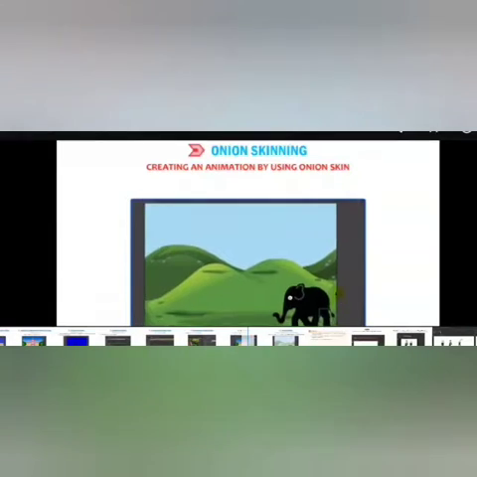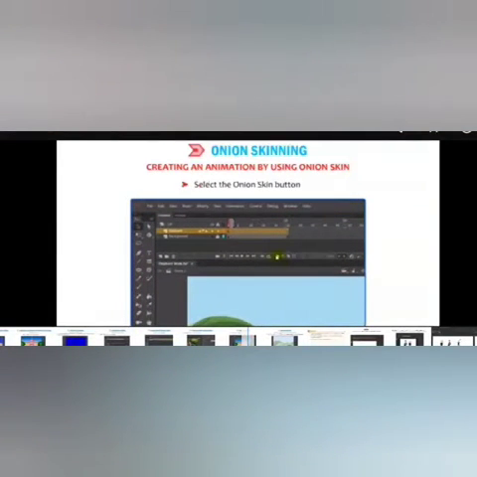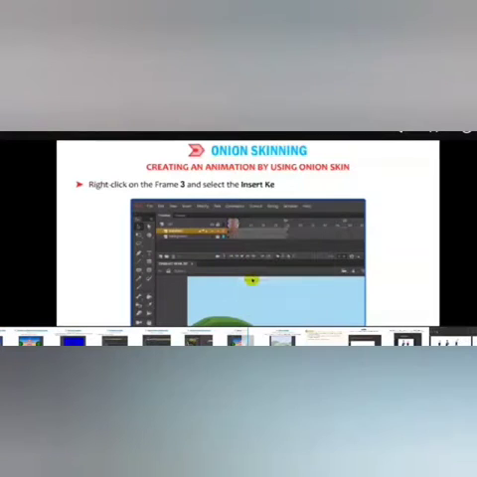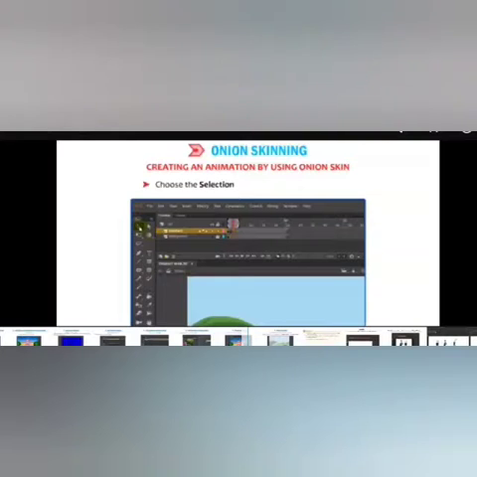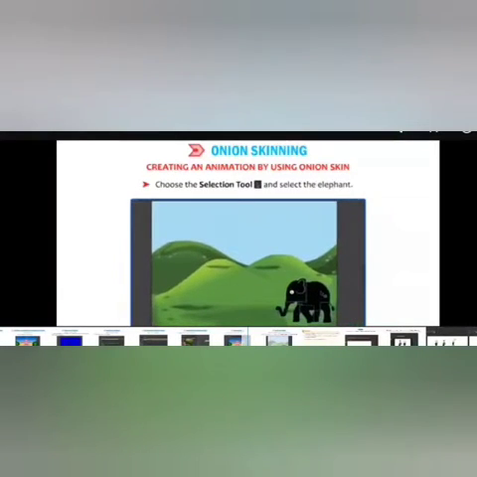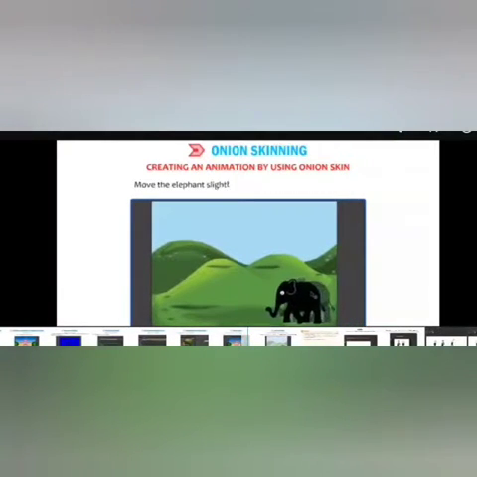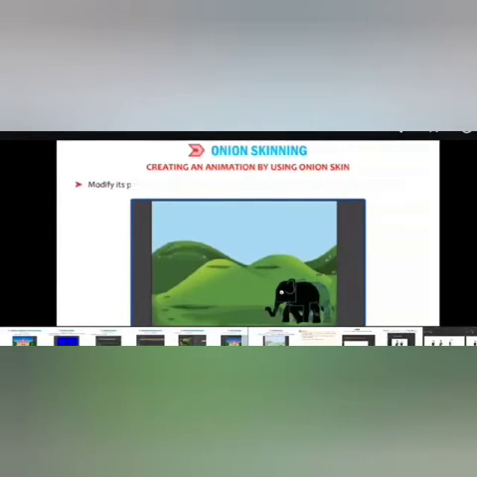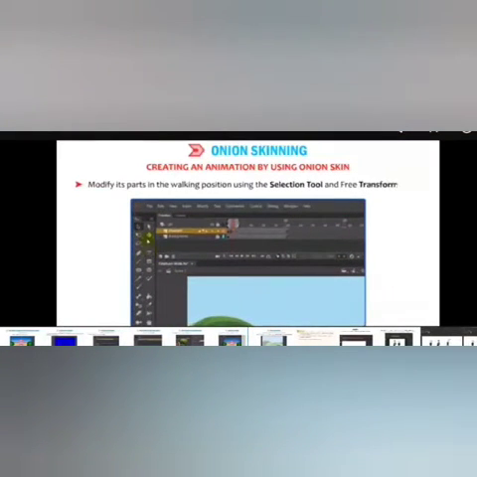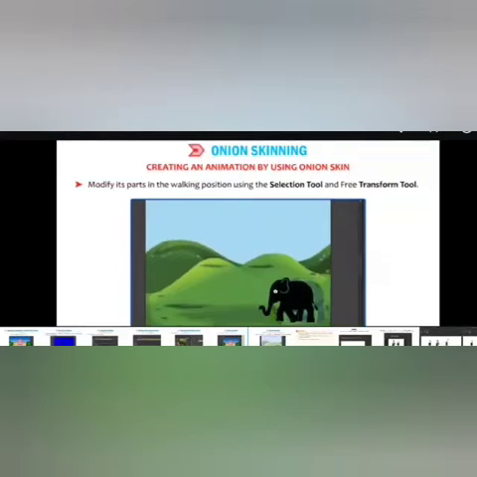Make a separate group for each part of the elephant. Select the onion skin button. Right click on frame 3 and select the insert keyframe option from the context menu. Choose the selection tool and select the elephant. Move the elephant slightly towards the left side on the stage. Modify its parts in the walking position using the selection tool and free transform tool.